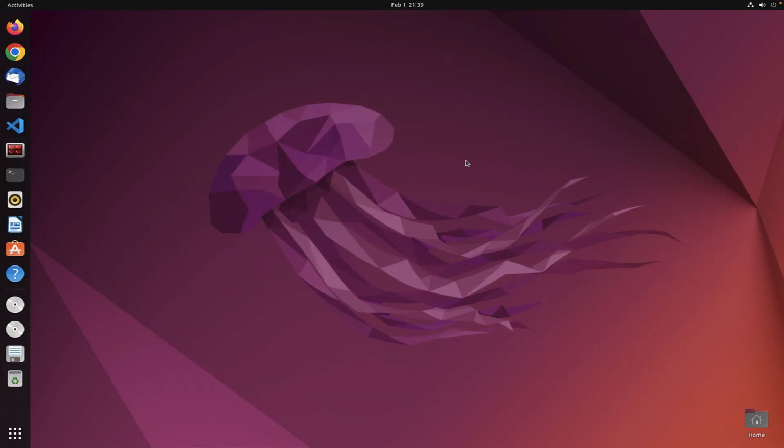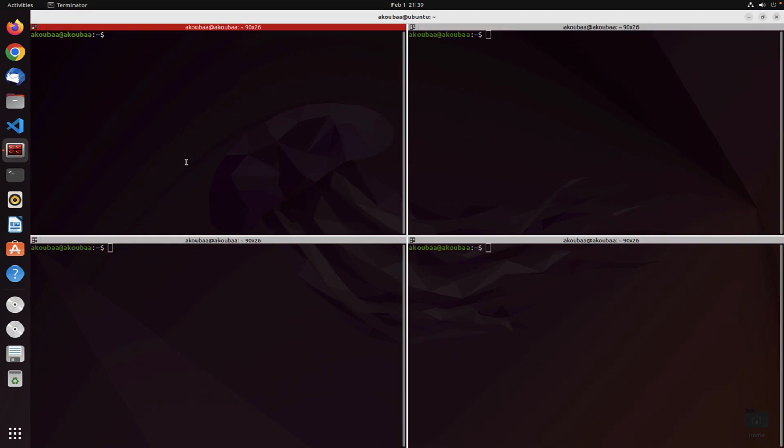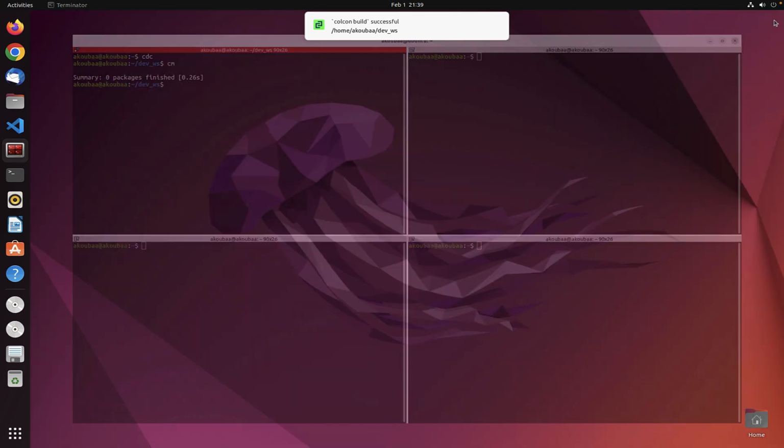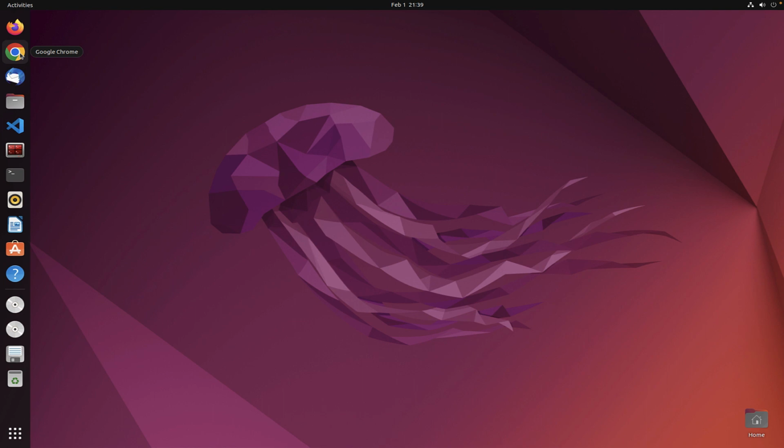So that's pretty much it now. This is the complete installation I usually do to get started working with ROS or ROS2. First of all, we have installed ROS2. We have then installed Colcon. We created a workspace. We compiled it using colcon build. I also showed you how to create different aliases to have fast access to repetitive commands, like going to the dev workspace, the ROS2 workspace, or compiling, or doing any other thing. And finally, we have installed VS Code, we have installed Google Chrome,